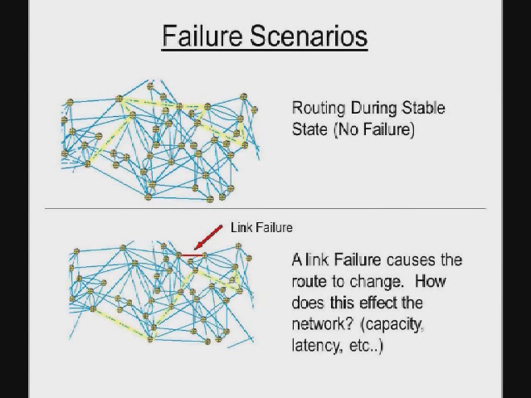During stable state, during normal routing times, your traffic right there at the top is going to route where it needs to go, hopefully on its shortest route, hopefully shortest latency. A lot of times latency is always important, depending on your traffic mix and what you want to do with it. But what happens when that link goes down? In this simple drawing, you see it reroutes down through there.